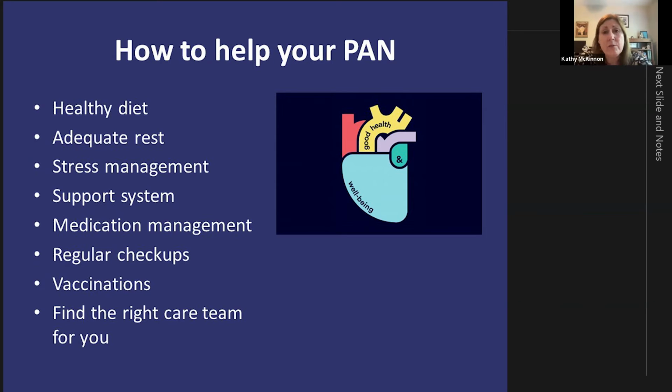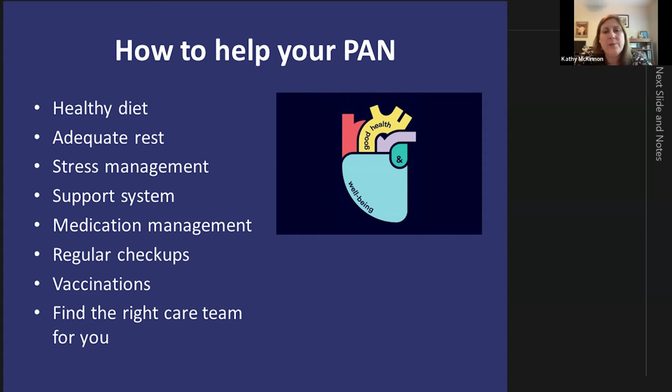I think it's very helpful when you have a rare disease, and it can be very lonely to have a disease that you don't know other people who have. But thank goodness for the Vasculitis Foundation, who's helping bring people together to share their experience of their diseases, to have a good support system. And it could be a spouse, it could be a child, it could be a friend, it could be an online network of people, just people that you can talk to, which also helps with stress management. And I think for people who are very early on in their disease, it's very encouraging to talk to people who have already walked their pathway, who have got their disease under control, who are on the other side of this doing well.